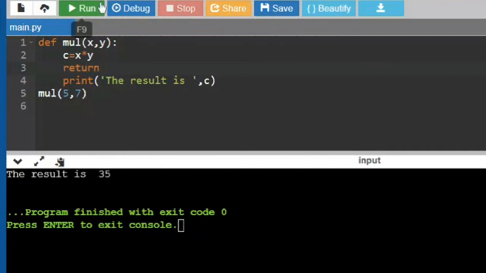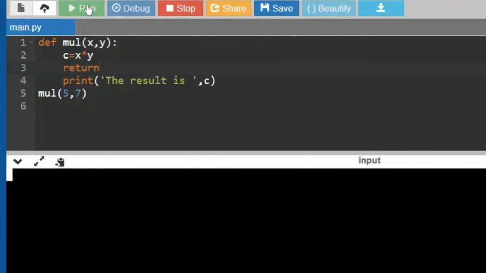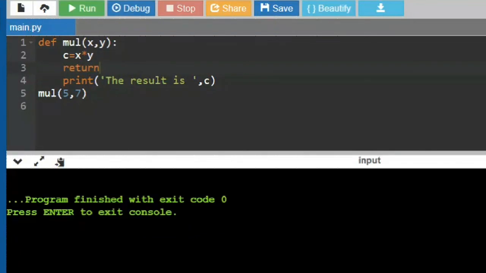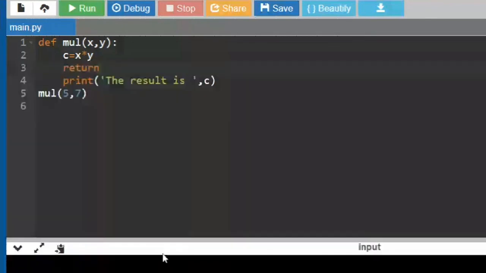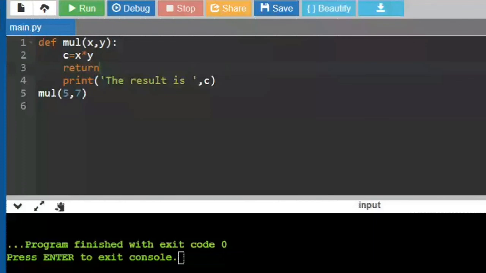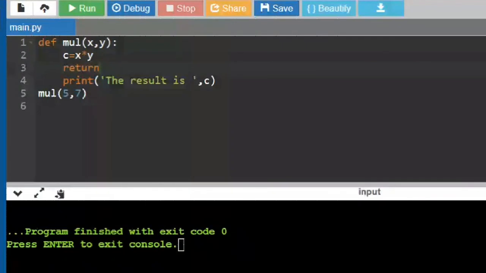Let me show you this. I should be getting a result of 35, right? Did I get that in the output? Did I get that answer? No, ma'am. Why didn't I get the answer? Because as soon as the control sees a return, you can write it explicitly. Being programmers, return is a keyword, you can use it. It is used to return to the calling function.